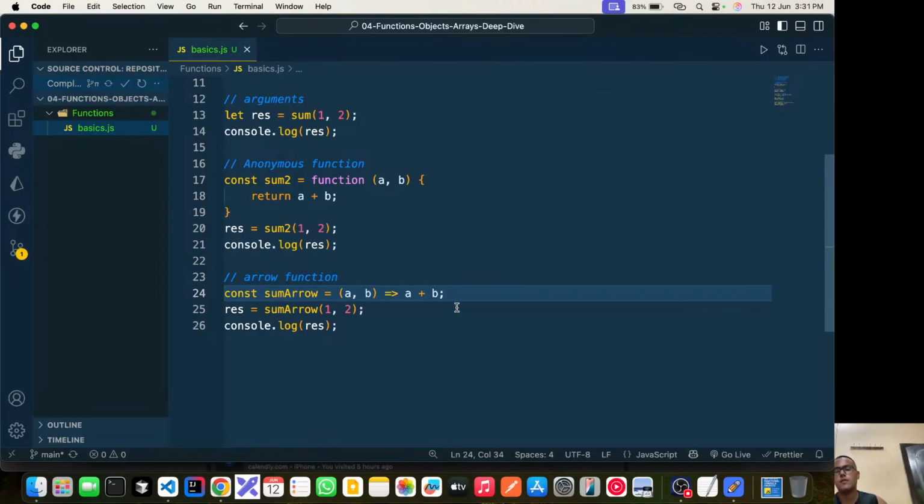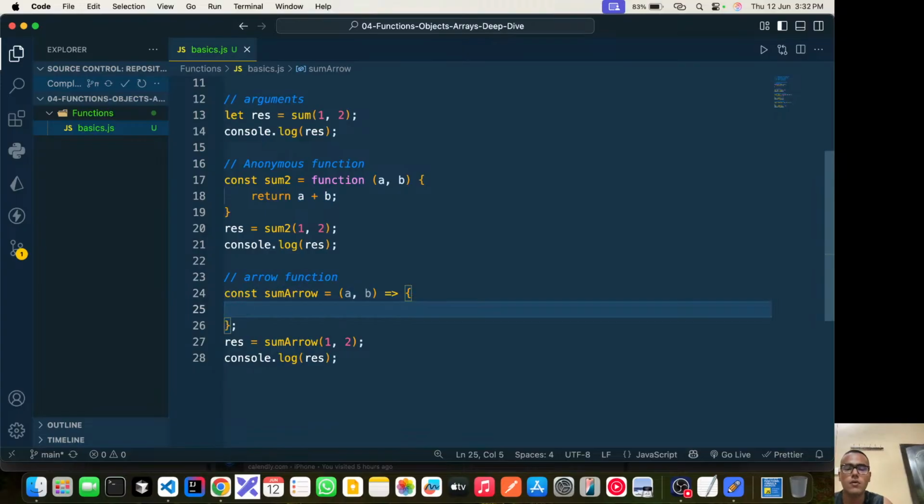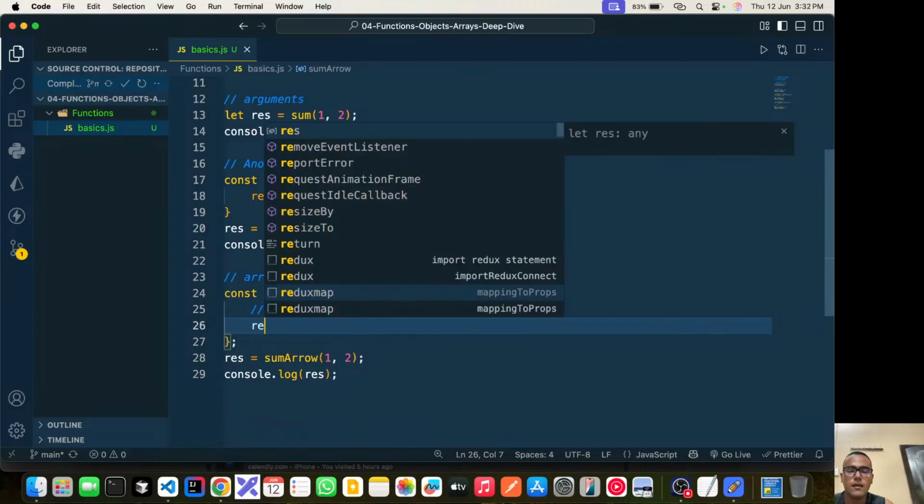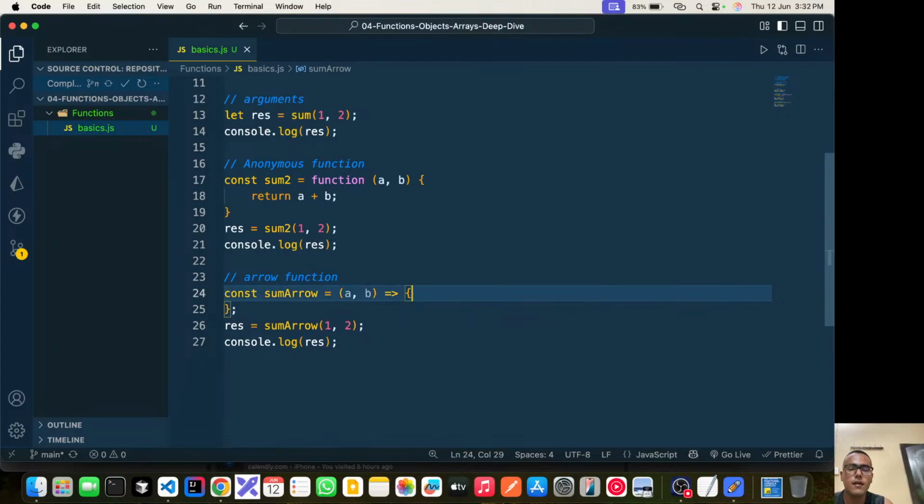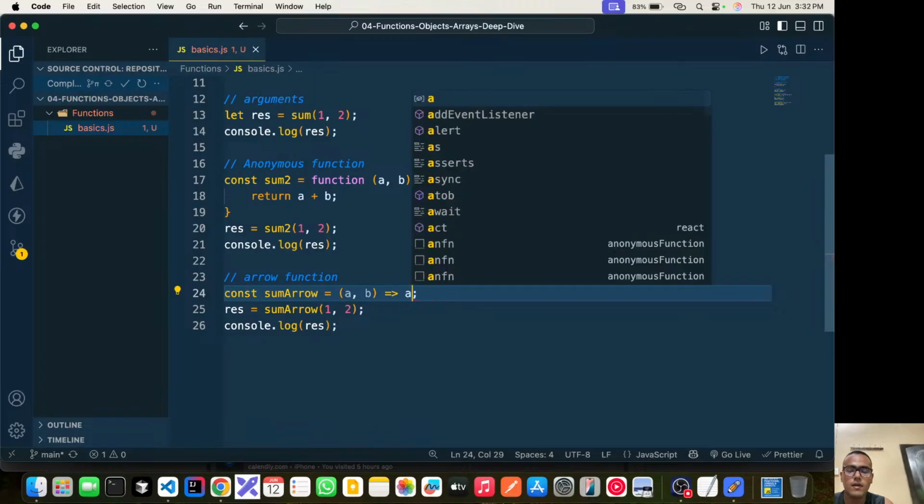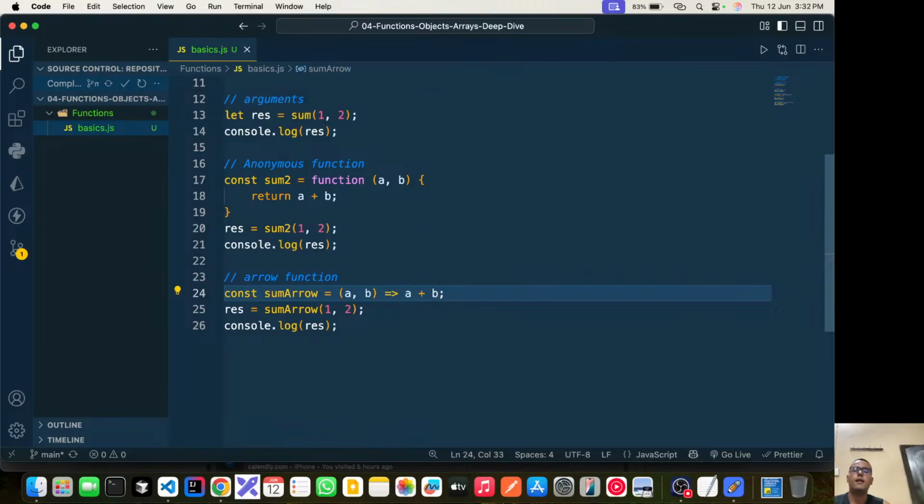In case of an arrow function, there is no need to write the return statement if there is only a single line to be executed. If there are multiple lines, then you have to use curly braces, define whatever body is there, and then write the return statement. If there is only one single statement being executed and you have to return it, you can simply write a plus b without the return keyword, like this. So this is also giving us